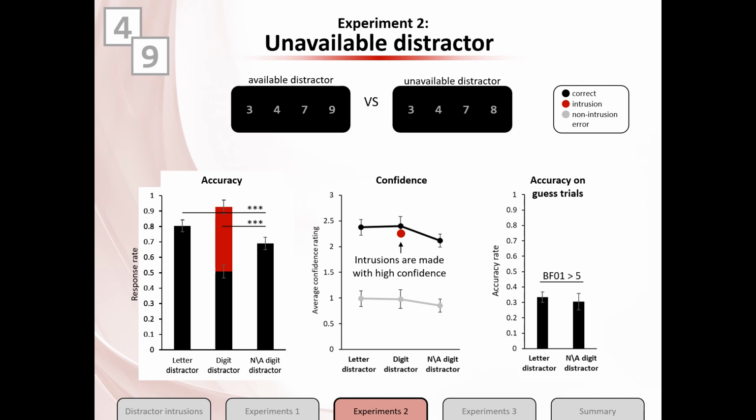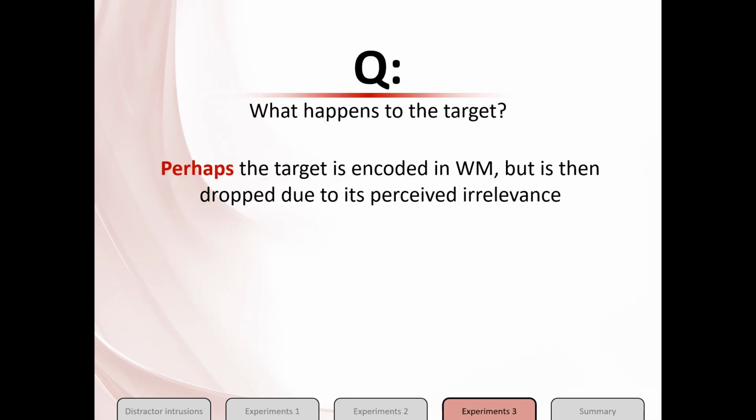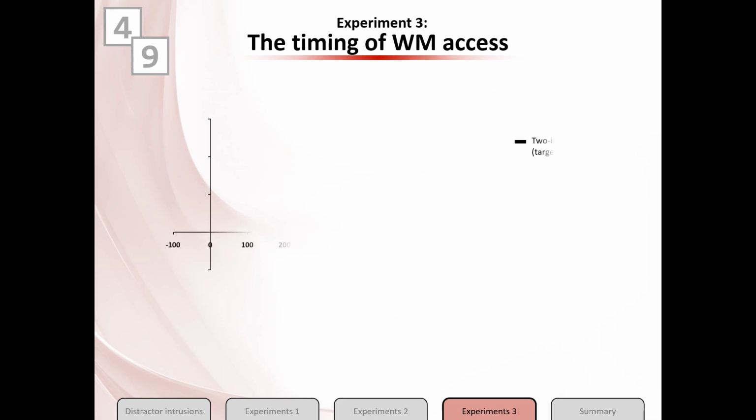However, that was not the case. As you can see, there was no difference between the two trial types, and Bayes factor analysis showed support for the null hypothesis. So once again, we get evidence that the target was not encoded in working memory. In the third and final experiment, we asked the following. Perhaps the target is encoded in working memory, but is then dropped from working memory because it is deemed to be irrelevant. To answer that, we once again measured event-related potentials and once again allowed participants to give 2 guesses